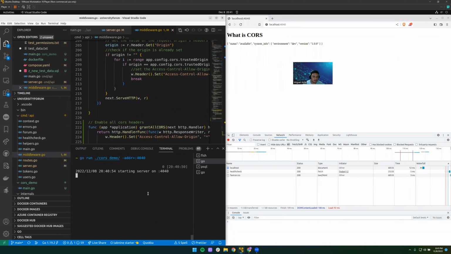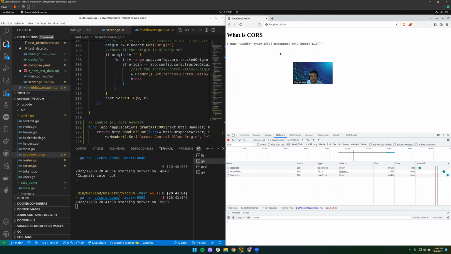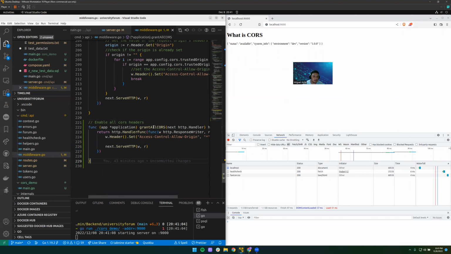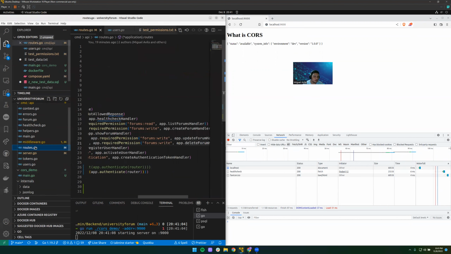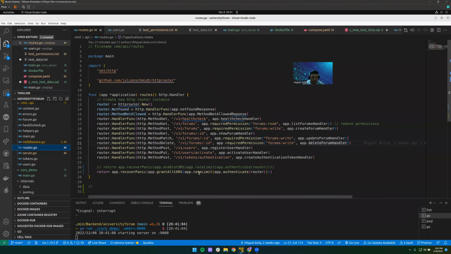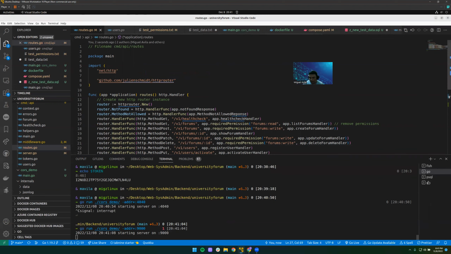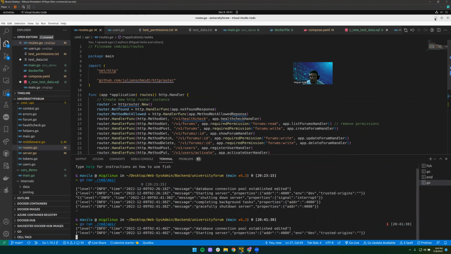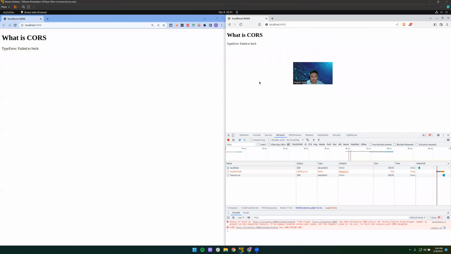As you can see, we have access to that. We could change the port to, let's say, 9000. We will need to change our port when we do have access. But let's say if we did not have this either. So if I go into routes, I could remove run all CORS. In this case, I will need to restart my server. So it's going to be running again, and if I try to re-access it,